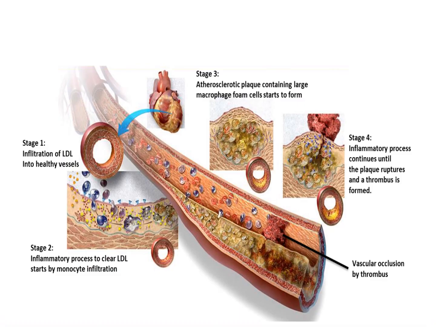And so a couple of pictures relating to this, again: infiltration of the LDLs in a healthy muscle and creating that inflammatory process to clear the LDLs with the scavengers. And then number three, the plaque containing foam cells. And then you increase that inflammatory process and the plaque will rupture. And then you have basically your plaque. And so you see the plaques just growing and growing and growing, and you can finally block the blood vessel a lot.